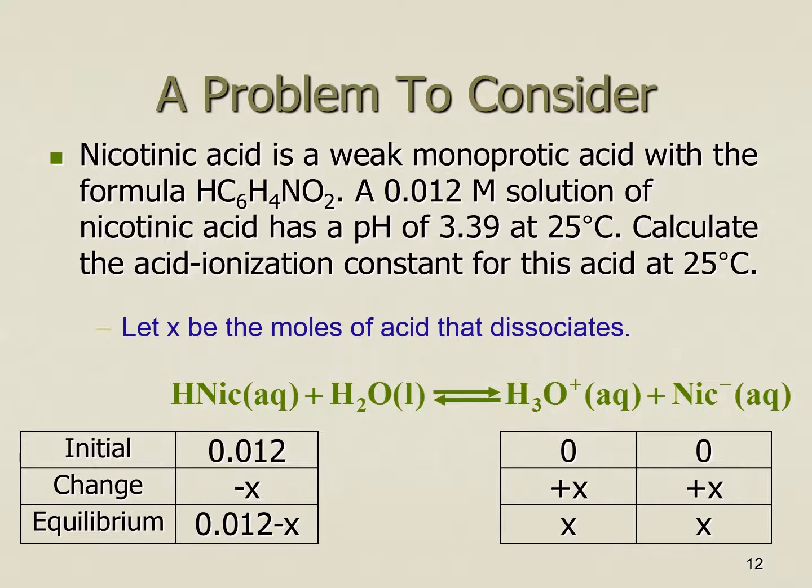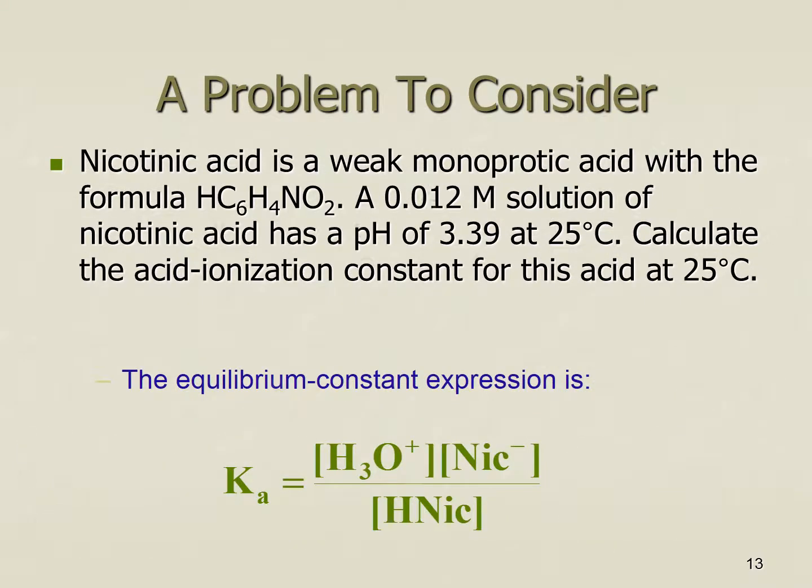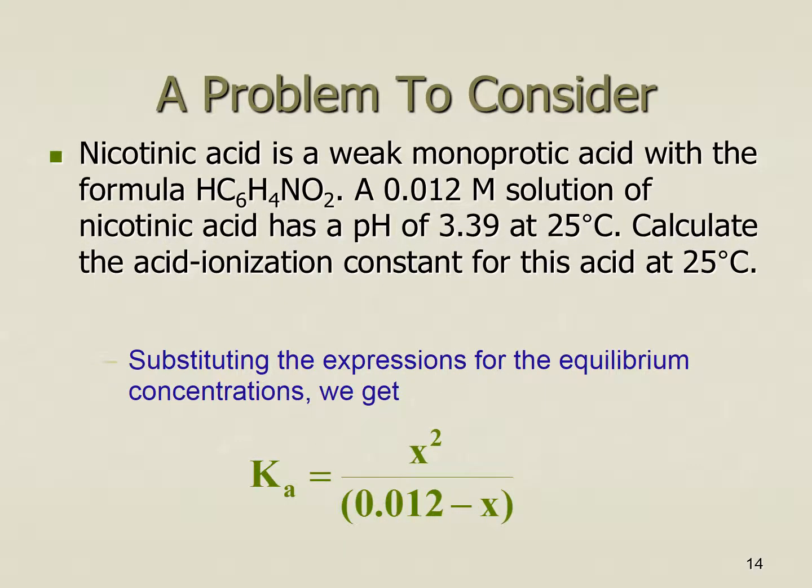We also know that before equilibrium is established, we have no H3O plus and no NIC negative. But after equilibrium comes around, because they're all 1-to-1 ratio, the H3O plus concentration will also be X, and the NIC negative concentration will also be X. Okay? So now we can plug this back into our Ka expression. Our equilibrium constant expression is H3O plus times NIC negative divided by HNIC. We can plug in what we just got from our ice chart, and we get X squared over 0.012 minus